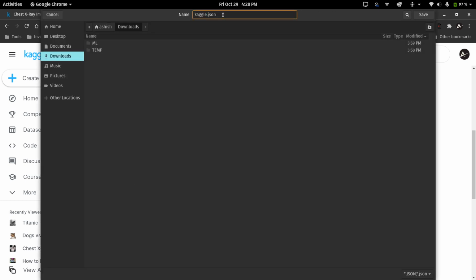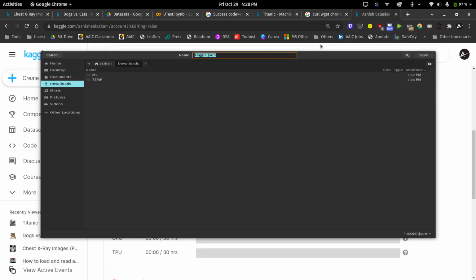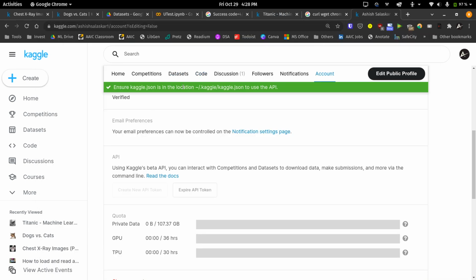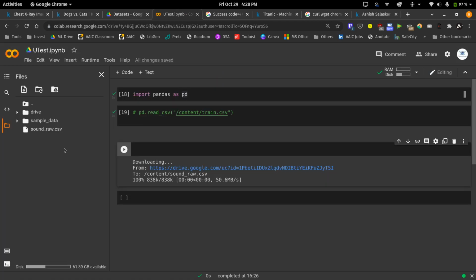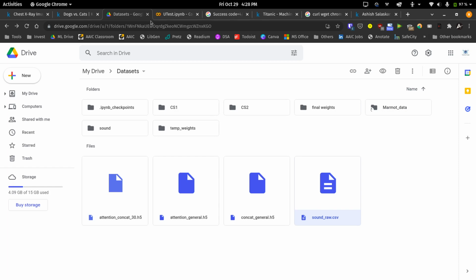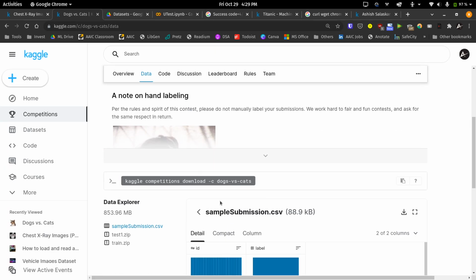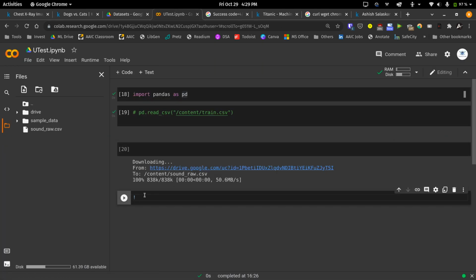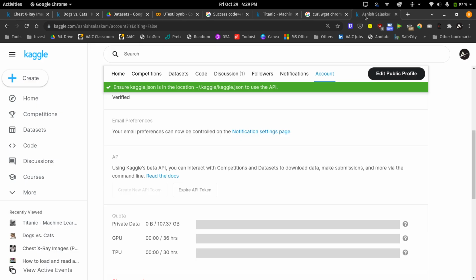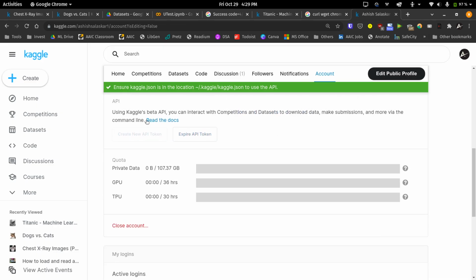So this will create a kaggle.json file which you will need to download, and each time you call this API, you need to make sure that you upload your kaggle.json file here, and then downloading the dataset is simple. So let's go to any one dataset. So let's say dogs and cats. You can just copy this path and you can just run it here. This is what you can do. But remember, for this you would need to upload the kaggle.json file first, which you obtain from this particular API.